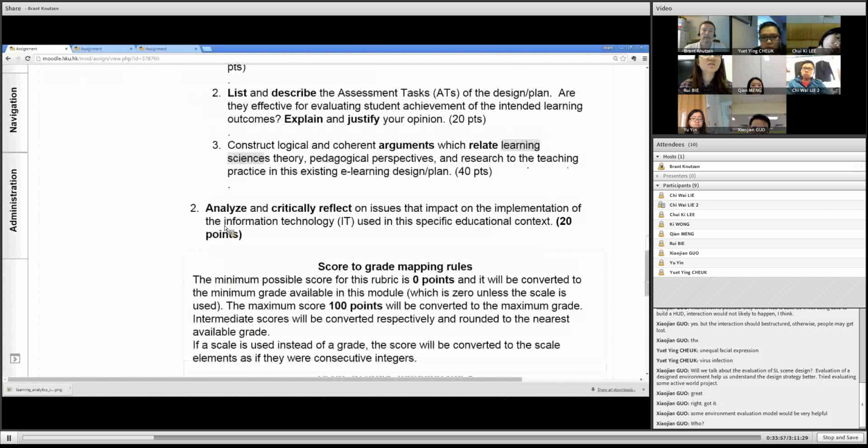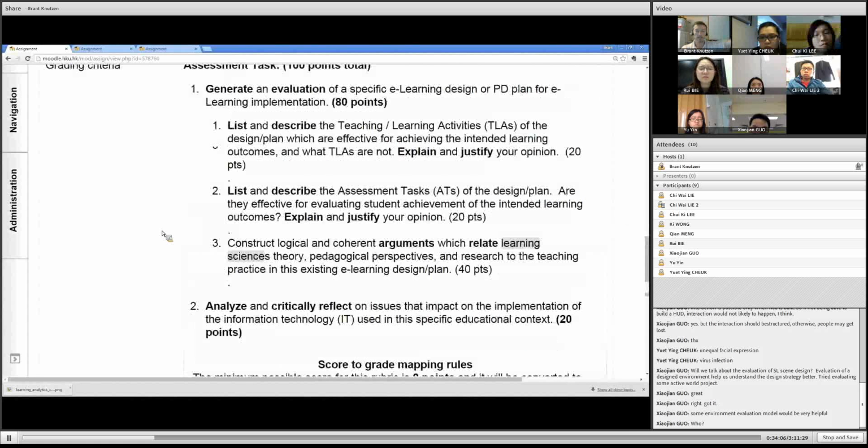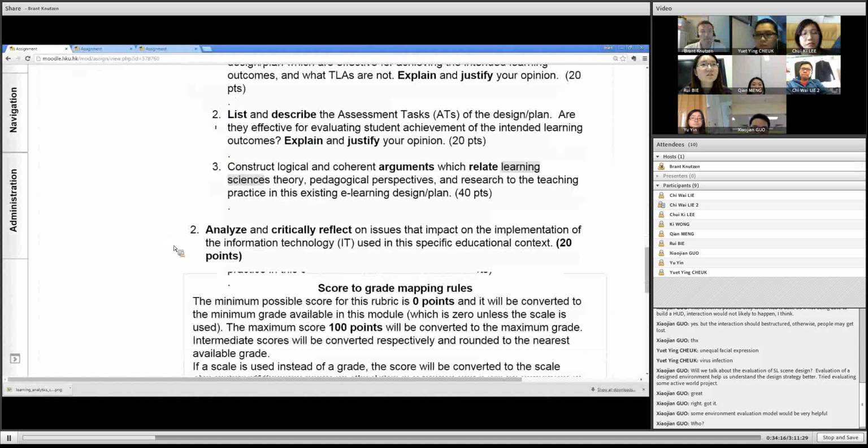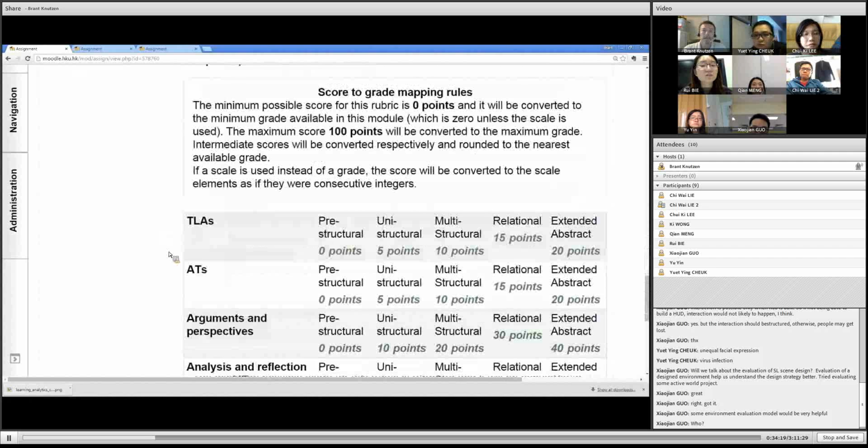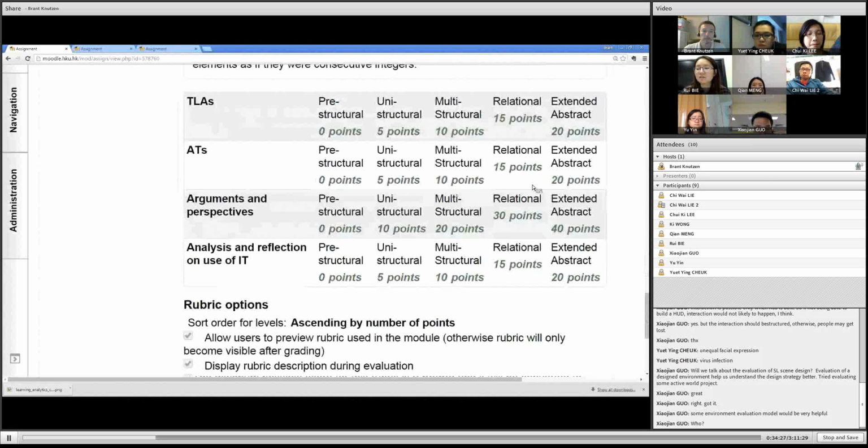And then analyze and critically reflect on issues that impact on the implementation of IT used in this specific educational context. That's 20%. So this is basically taking the aims from the course proposal and hard coding it, if you will, into very specific, observable, accessible behaviors. And then when you create the rubric, which we'll go over later, it looks like this. There's one about TLAs, 20 points. Assessment tasks, 20 points. Arguments and perspectives, 40 points. Analysis and reflection on IT,